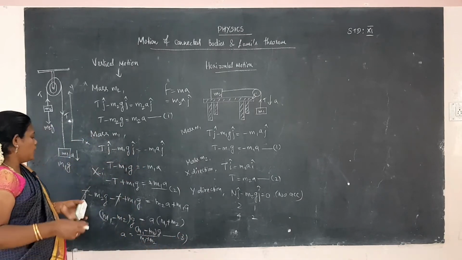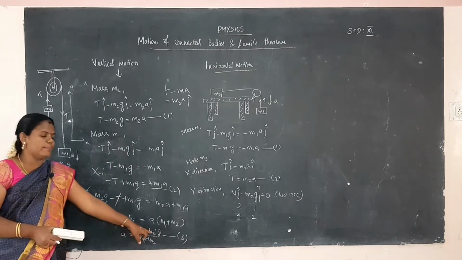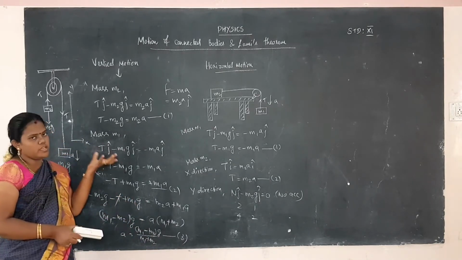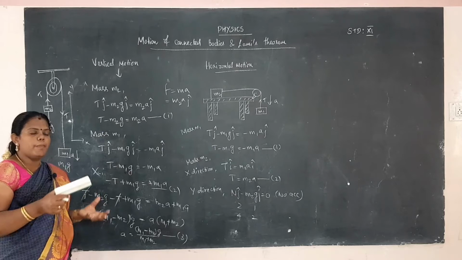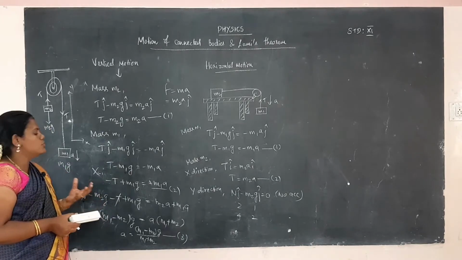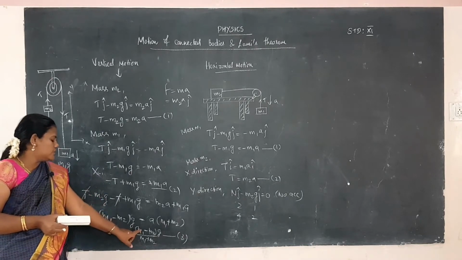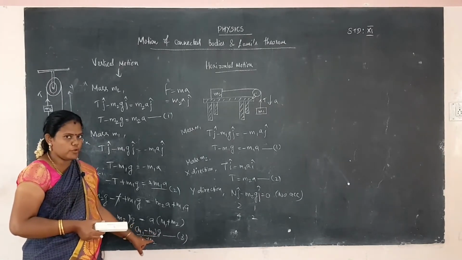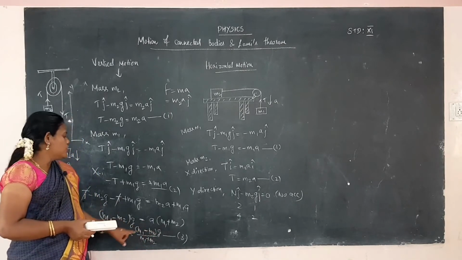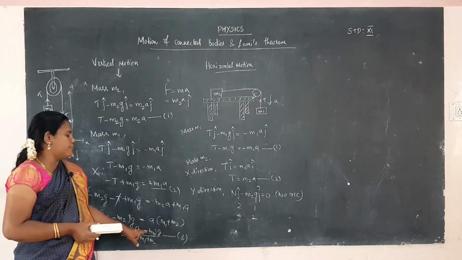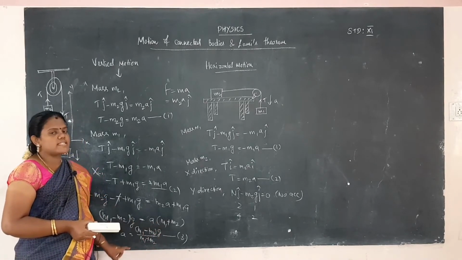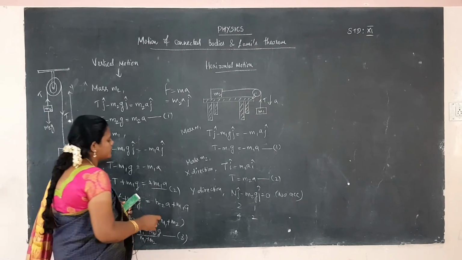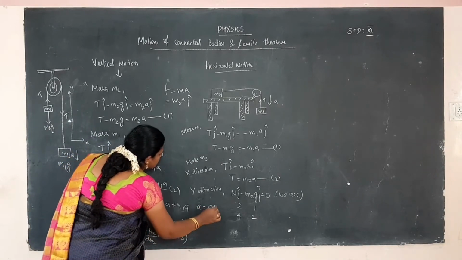Okay. Now we consider m1 is equal to m2. Suppose you take the two masses to be equal, the pulley will balance the two masses. So the two masses will be equal, for example m1 is 4 kilogram and m2 is also 4 kilogram. 4 minus 4 is 0. So when we consider m1 and m2 equal, the acceleration a is equal to 0. Okay, when m1 and m2 are equal, the acceleration a value is 0.